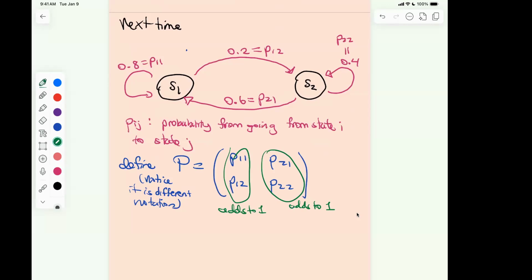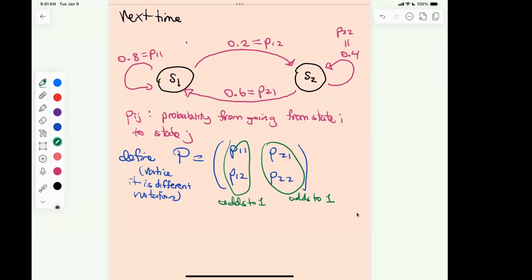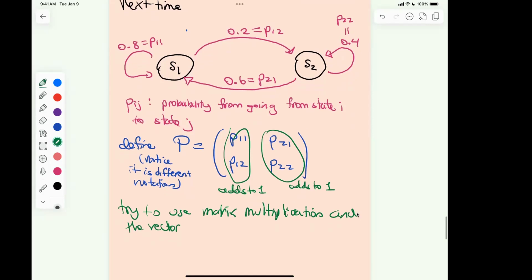But try to find a formula using this matrix P and the vector. So try to use matrix multiplication. I'll say the answer about it, but it's a fun exercise. I think some of you may want to try it. Try to use matrix multiplication and the vector, and let's call this vector n1 and n2, to find